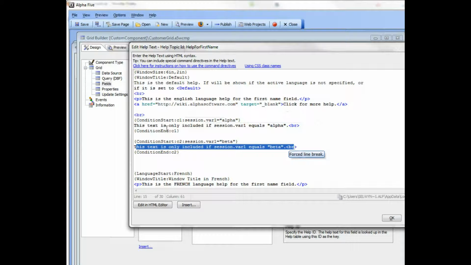These condition start, condition end clauses can also be nested within condition clauses. So within this condition clause here, I could have a whole bunch of sub conditions. So the ability to